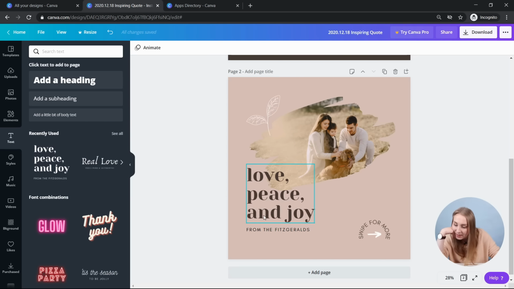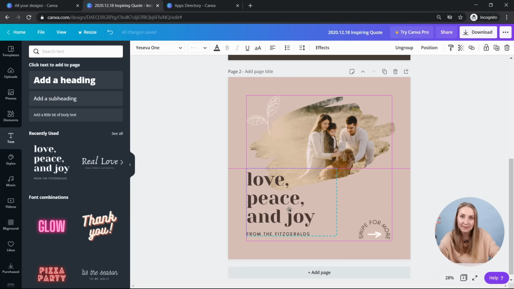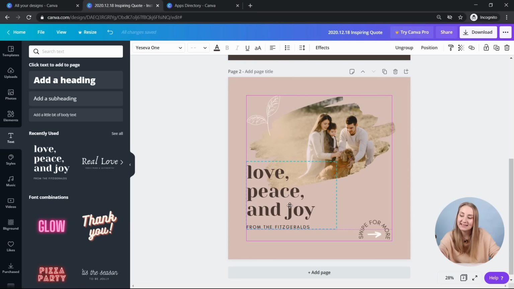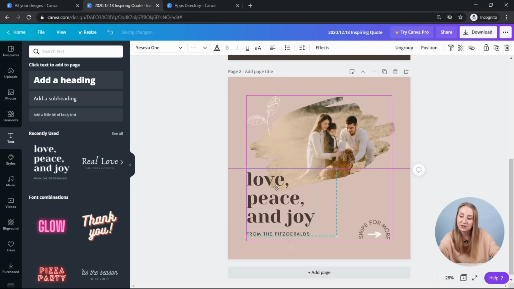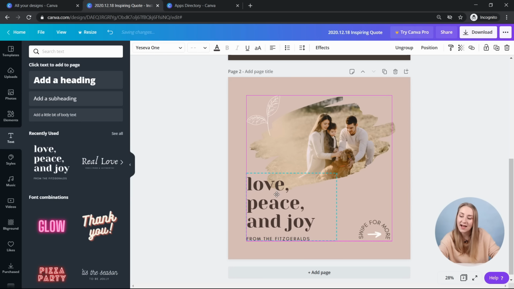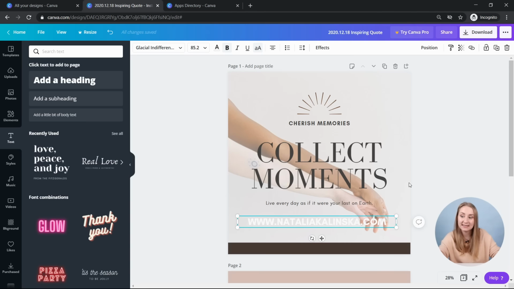Once I'm happy that these are working together, I will click on it, group it, and this is how these two stay together. And now I can maybe drag it a bit further, and instead of just having it aligned to that left margin, I can also drag it down and have it aligned perfectly to the corner of the margin. So let's go back to this design, right?